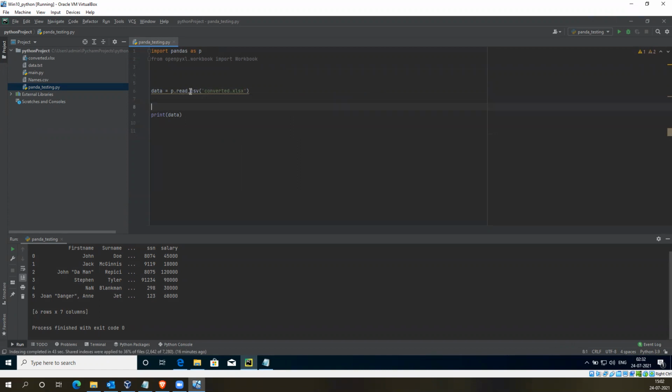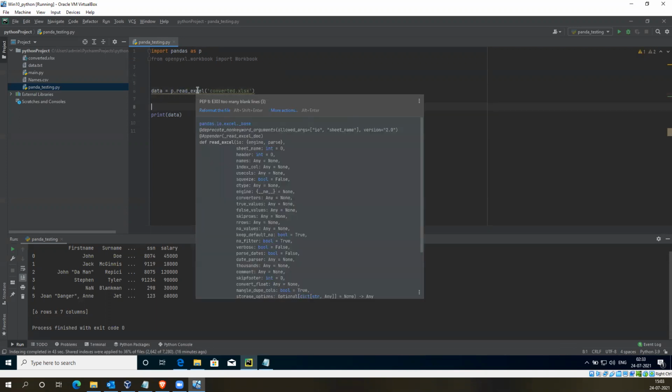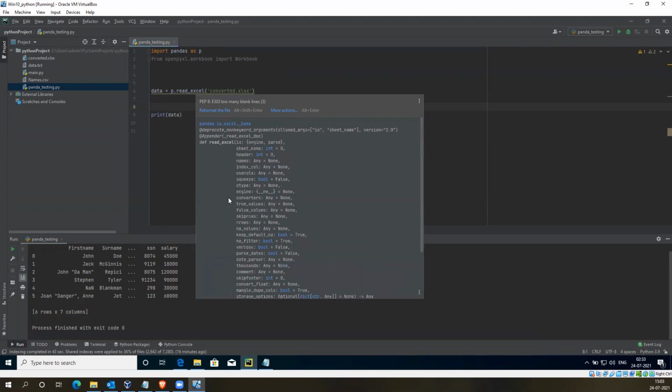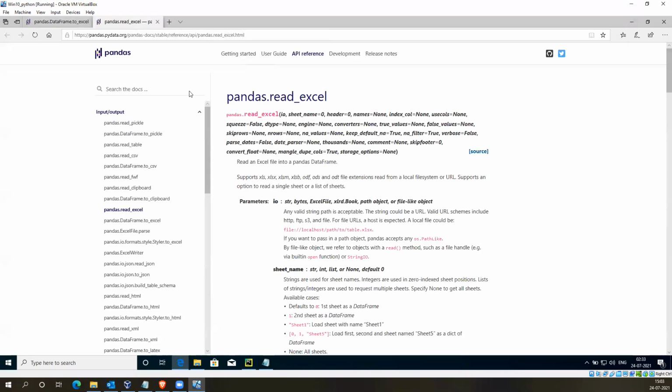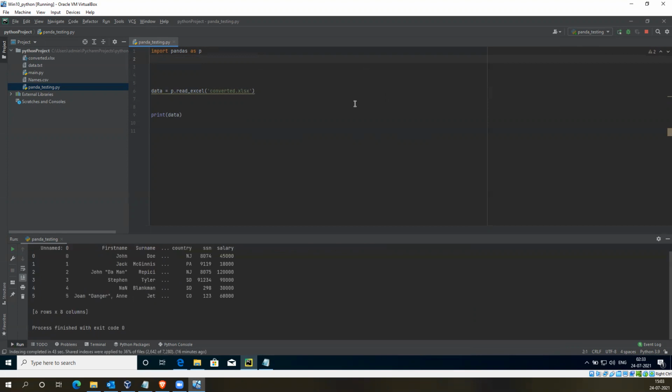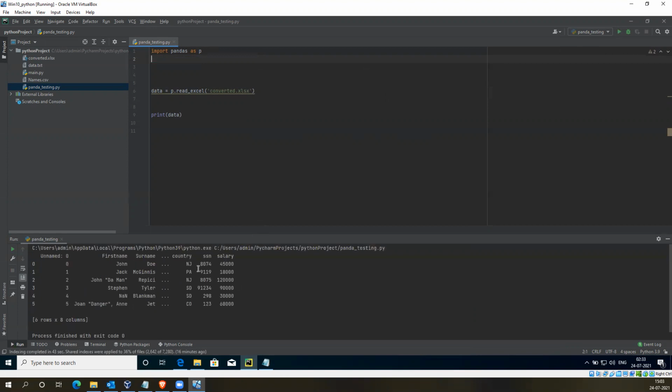Now, instead of read CSV, I will use read Excel. This is also from pandas only. Yeah, you can see the data is there.